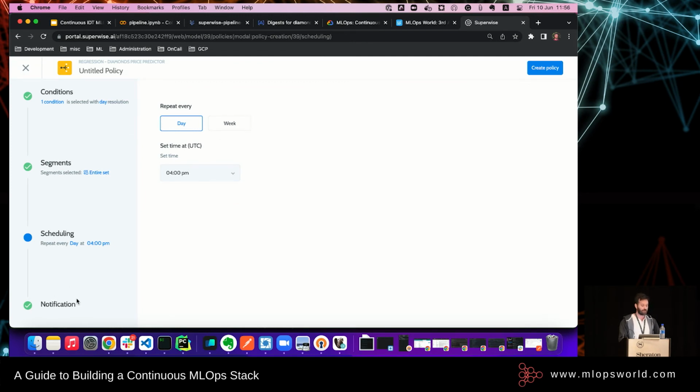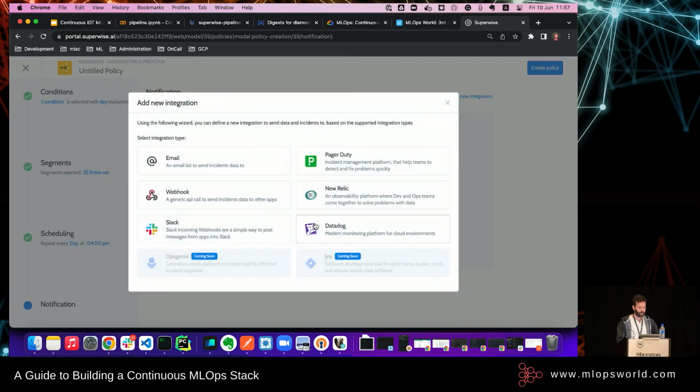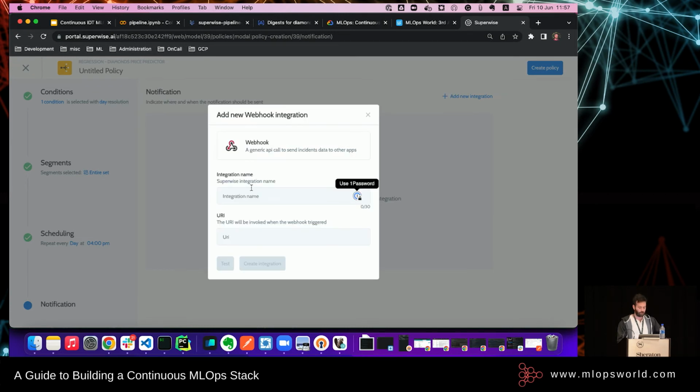Right now I've exposed an endpoint that will trigger the policy notification, and now I need the integration channel. How will Superwise know who to notify and what to do? So I'm going to create a new integration, and I don't care about email, Slack, and all those. I care about the webhook one, and we'll call it a retrain webhook. Then we need the URI. In your organization, you're going to have a Flask application or some microservice that will get this webhook, understand some things out of it, and trigger a more strategic retrain.